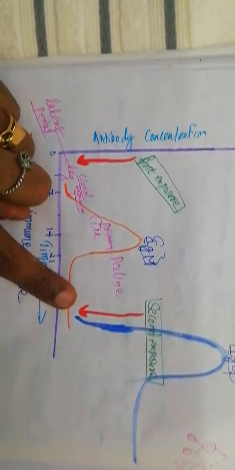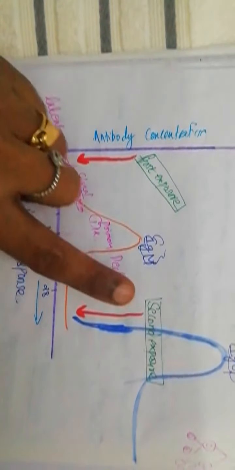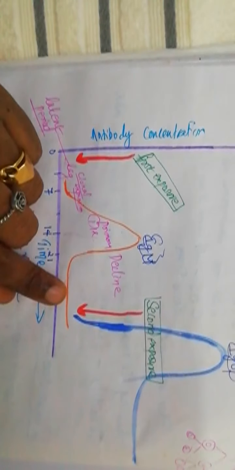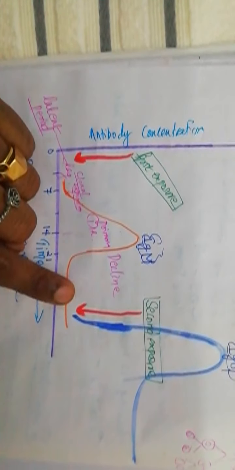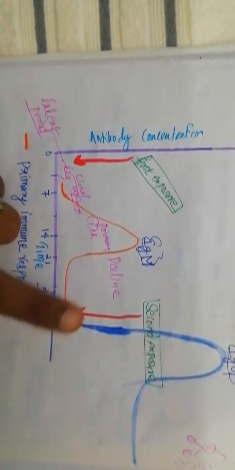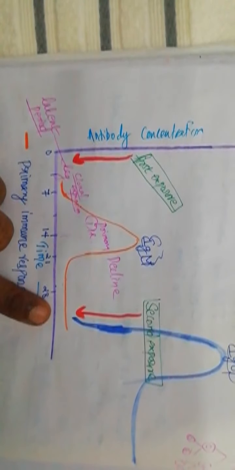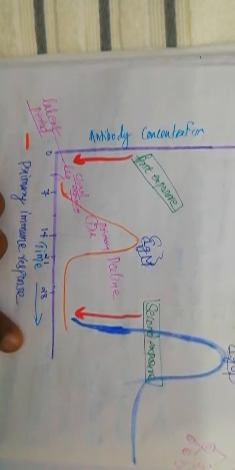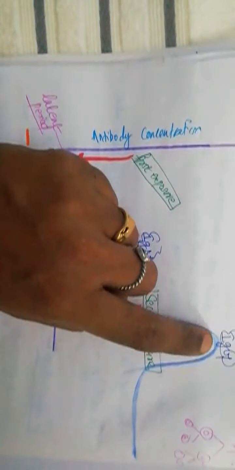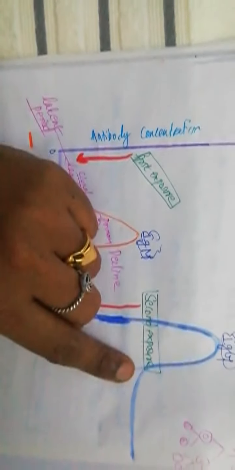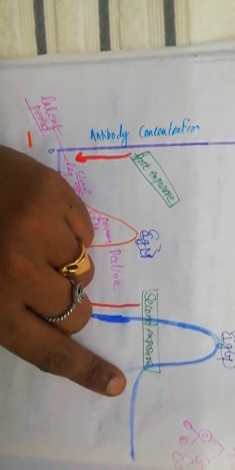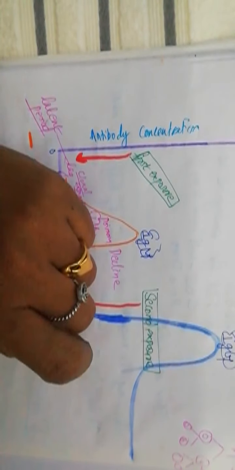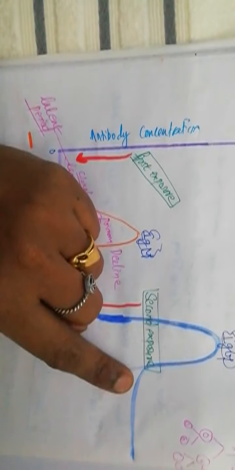Whereas you see in this diagram, I have made one more arrow that indicates that your body is getting exposed to the same antigen for the second time. What is happening there? During that time, you can see that there is no lag period. Here you can see there is a lag period, but here there is no lag period. As soon as the antigen enters, the memory cell receptor will identify it. Memory cell differentiates into plasma and memory cell, and the clonal expansion happens, and you can see there is a peak. So much antibody production will be there, and in the decline phase, it is not declining completely. You can see that it will enter into the decline phase, but the declining process happens slowly.